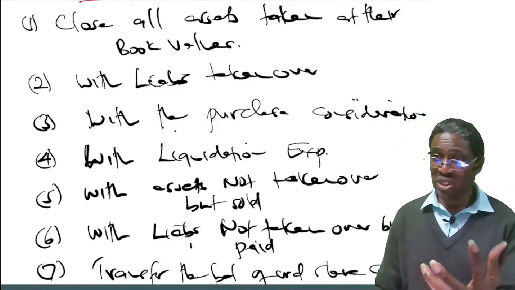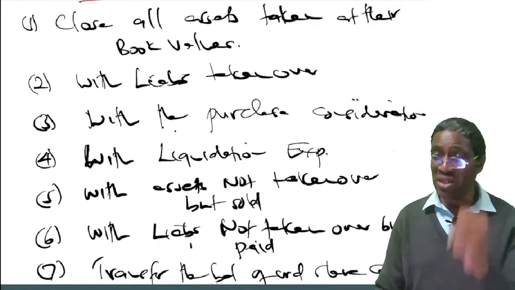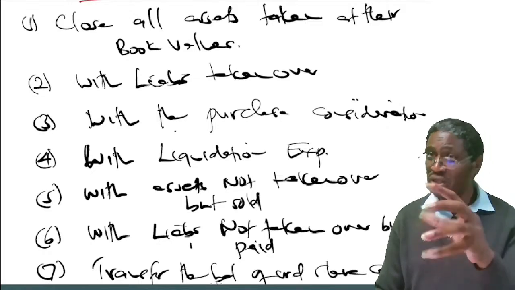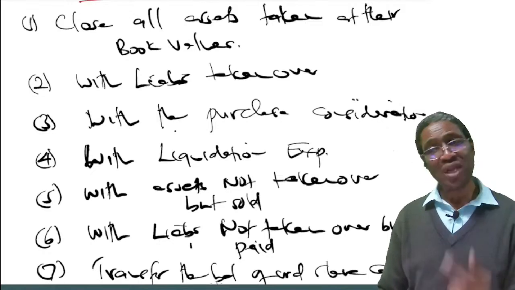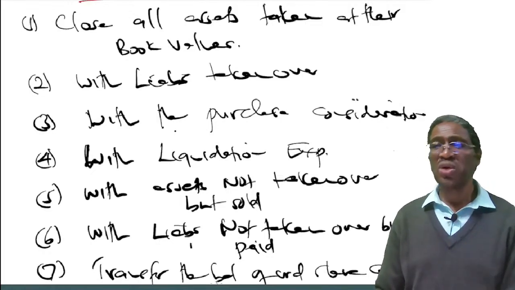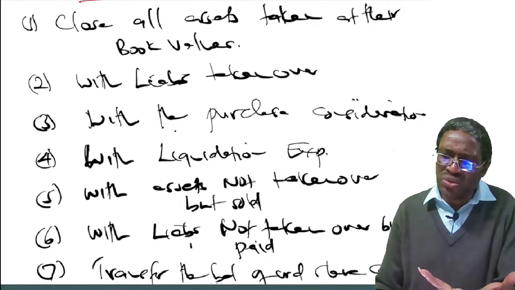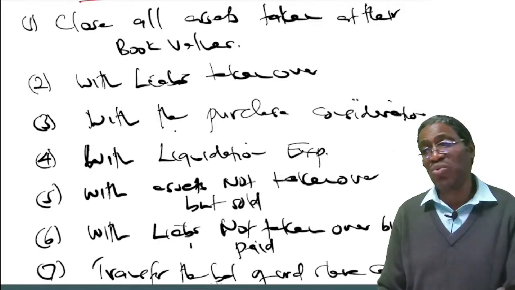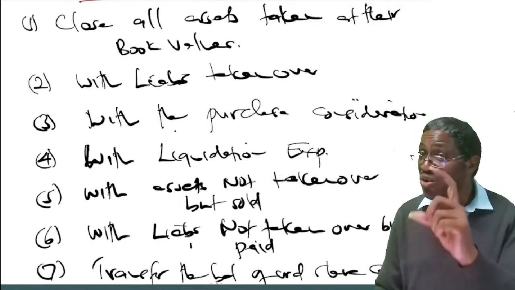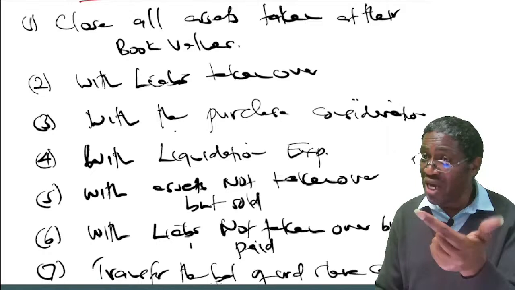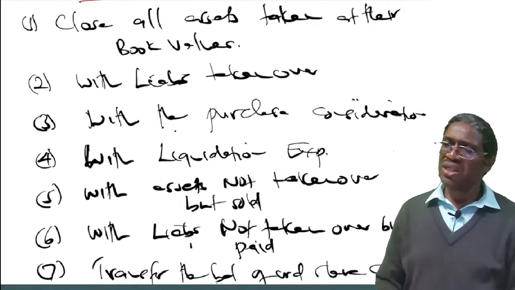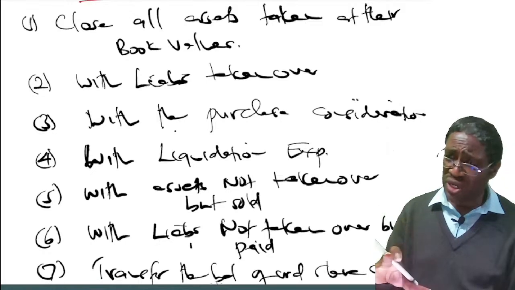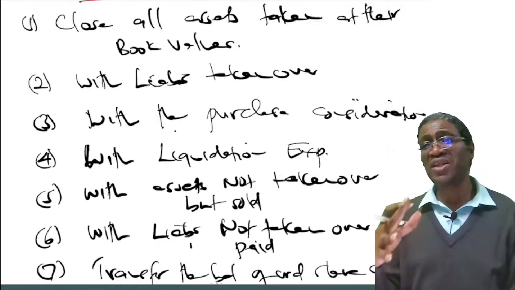And you as A Limited could not get somebody to sell it to in step 5. What do you do? Yet we are liquidating this company. You have an asset which was not taken over by company B under step 1, and we can't get somebody to sell it to under step 5. What do you do? Yet we are liquidating, and we have said no account should remain pending. Listen to this now. It is the responsibility of the owners of the business to suffer the loss of such an